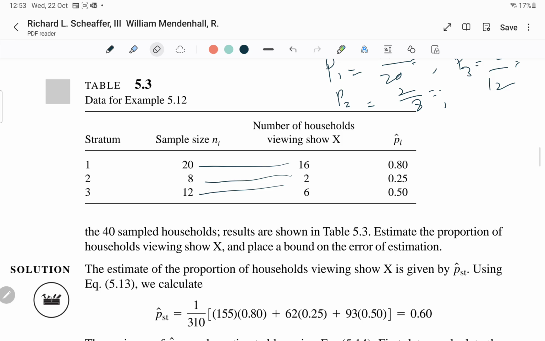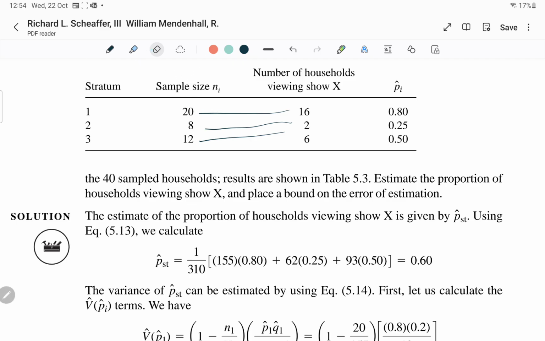What is to be done? Estimate the proportion of the household viewing X and place a bound on error of estimation. So what we have to calculate? We have to calculate the proportion of the viewership altogether, because we have proportion of viewership in separated form. Okay, in stratum 1, in stratum 2, in stratum 3. So we want them to see as a whole viewership, as a type of average. Okay,